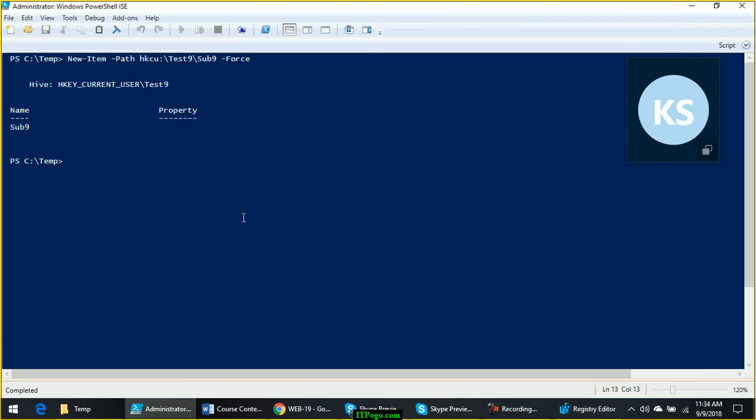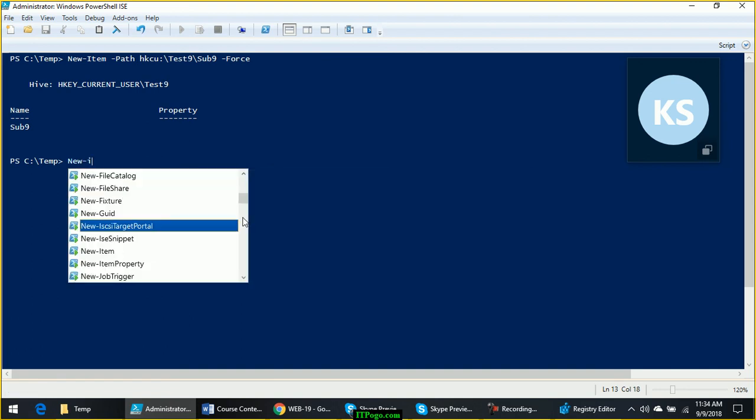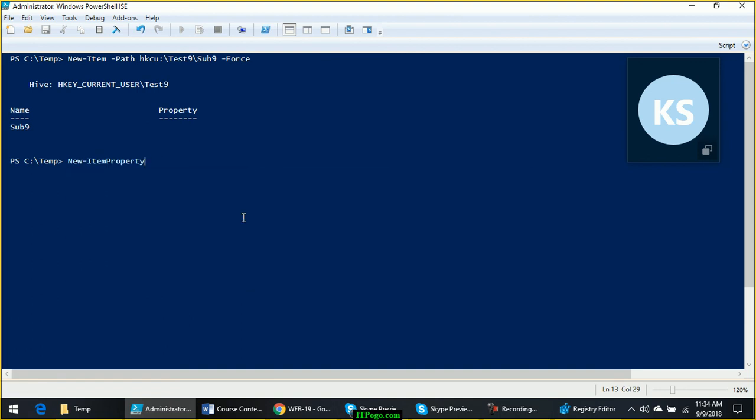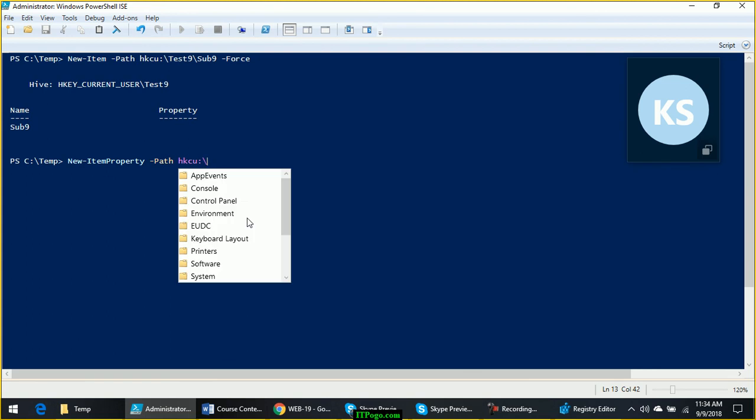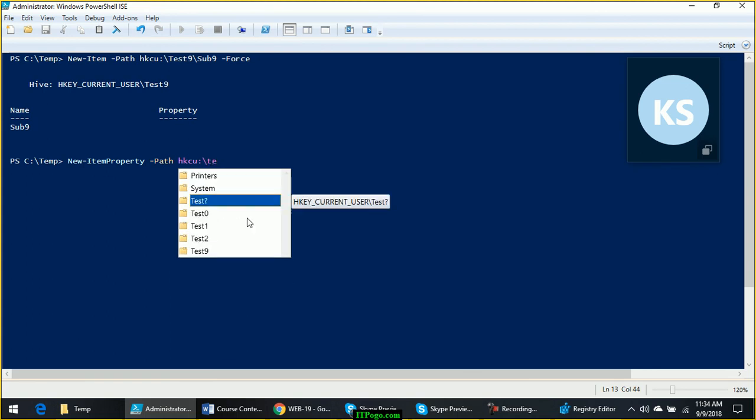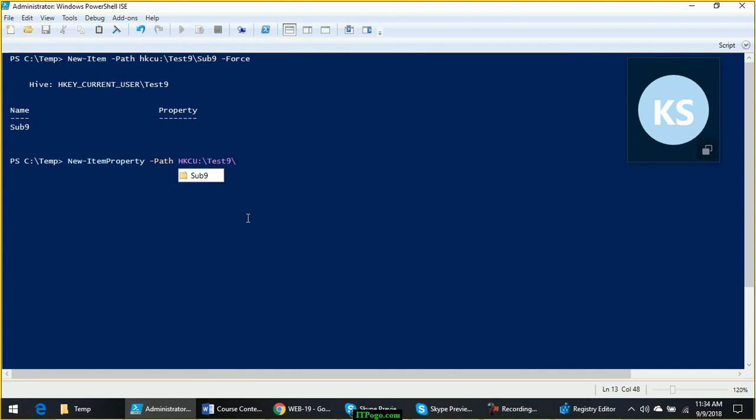You can create that using New-ItemProperty. This is the item property, and give the path HKCU:\test 9 and sub 9.